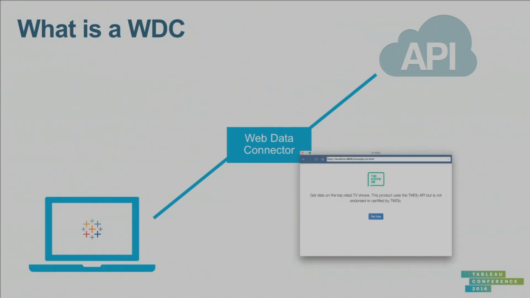At a technical level, though, all a web data connector is, is just a web page. You saw the browser experience in Tableau. We went to a URL, and that was the web data connector. That's all it is at a simple level, just a web page. It can be as simple or as complex as you can make any other web page. We're going to see a simple HTML and JavaScript example, but you could use a more complicated web framework if you wanted to. The web's a crazy place, there's a lot going on, so this platform is extremely powerful, and you can do a lot with it.